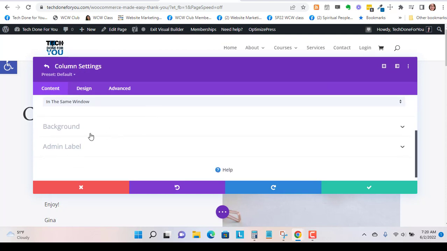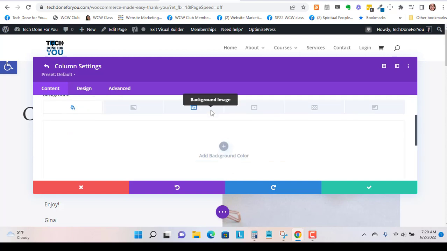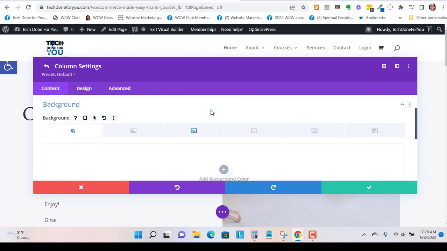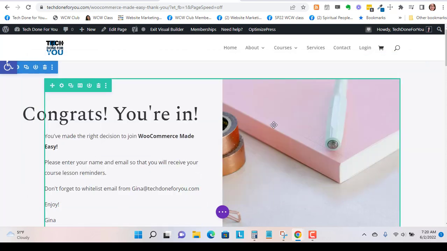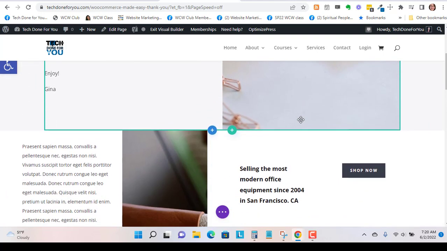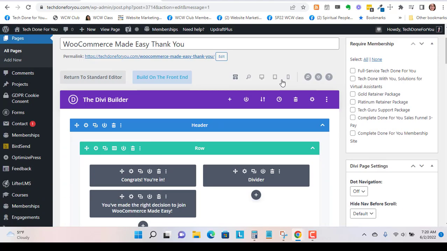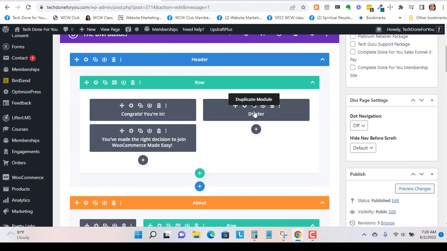So background, you could add a background color, you could add a background image. So I'm going to exit out of that, and let's see, you could add another row if you want. Let me just go back here. So this is a divider,